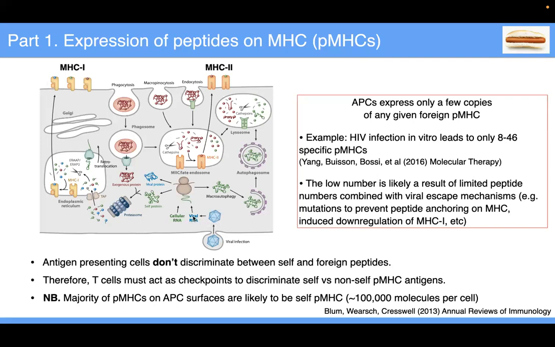it's going to start to hijack the cell's machinery to make its own proteins, for example, this blue viral protein. And this blue viral protein will also be subject to this degradation mechanism. It'll generate small peptides loaded onto MHC molecules in the ER and then expressed on the surface. And so these cells, which we collectively call antigen-presenting cells, don't really discriminate between which peptides they put on their surface. They'll put peptides that are derived from your own proteins, and also peptides that are derived from foreign proteins, for example, from viral